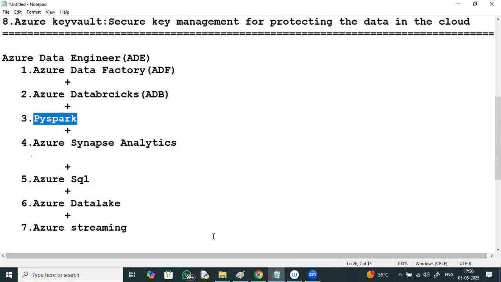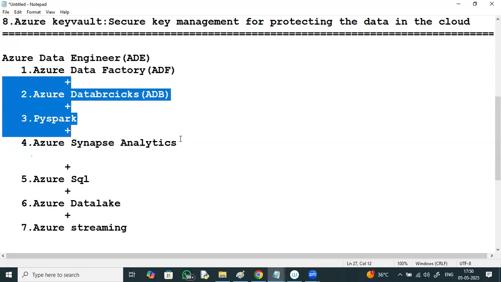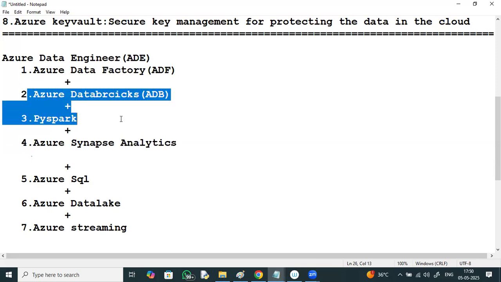If you've got knowledge of PySpark, see, initially, if you want to step into a company as an ADF developer, you can go. Previously, you had a lot of jobs, but as of now, along with ADF, you need to have knowledge about these things, especially these two, Azure Databricks and PySpark.